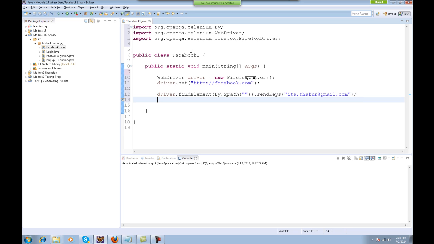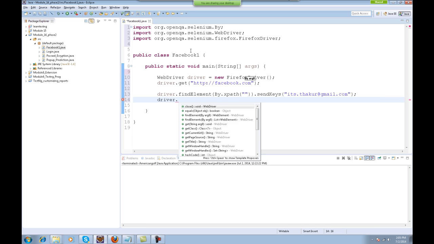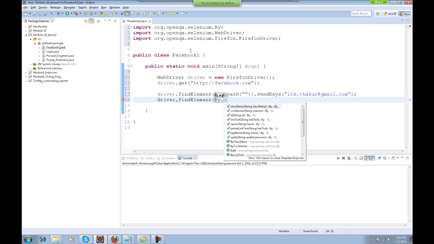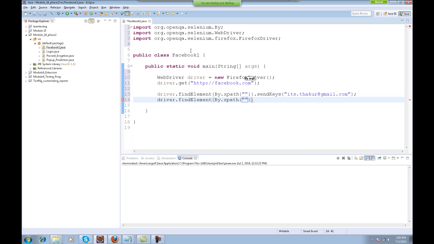And you can also give your password, that is driver.findElement by the XPath of the password field .sendKeys your password. You can also encode your password, which I had discussed earlier in the password encryption Java file, but right now I'm just putting my password here.